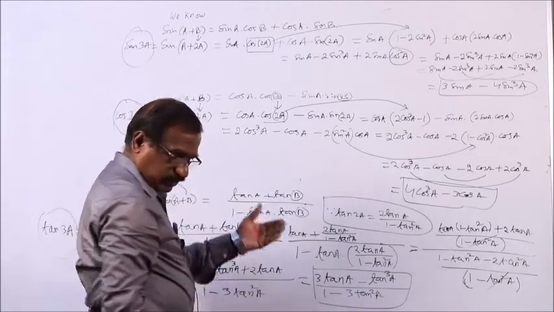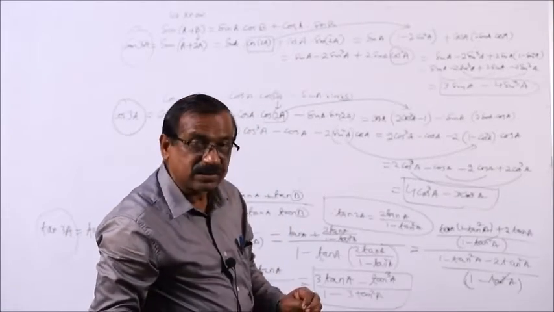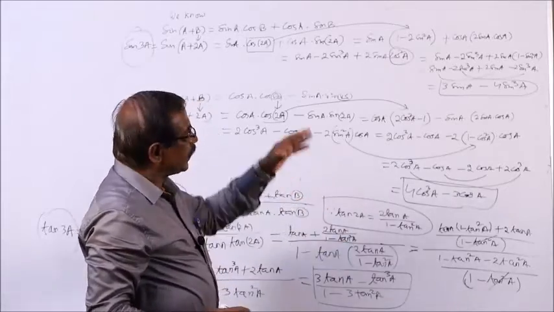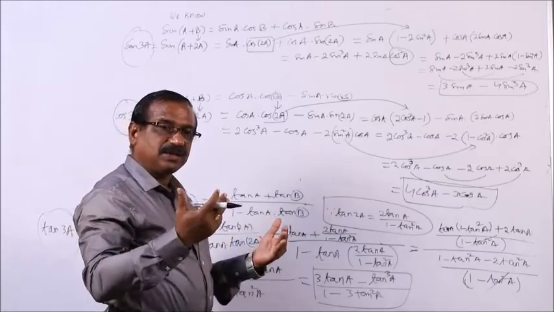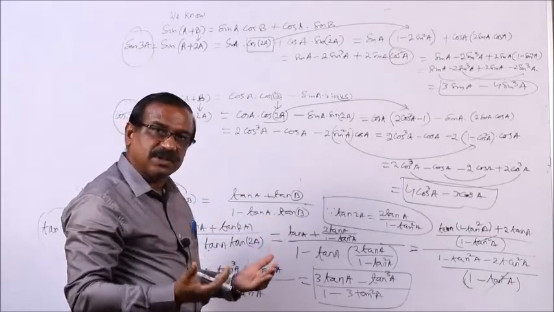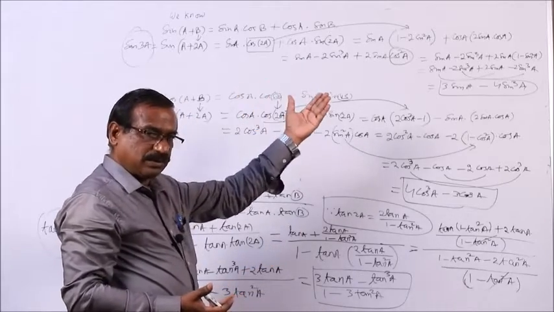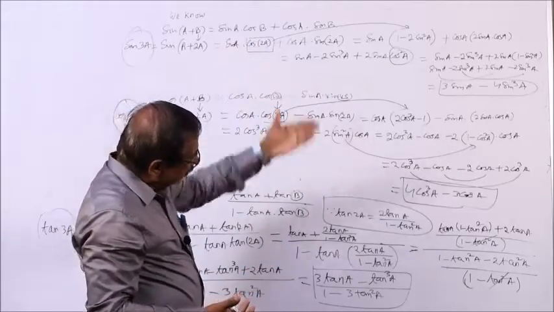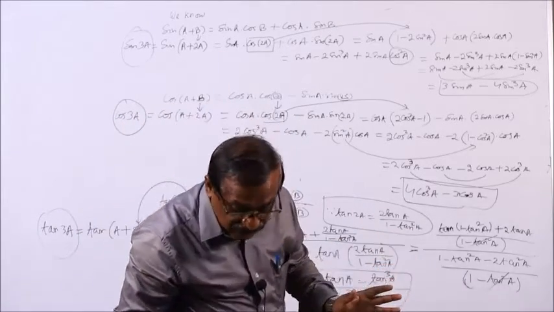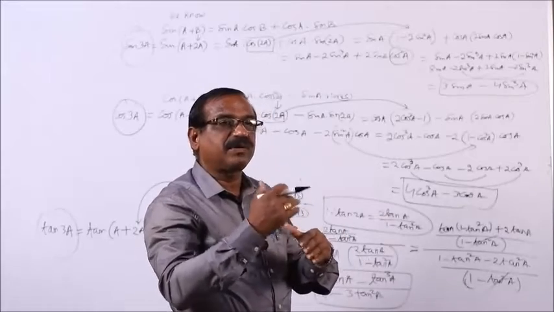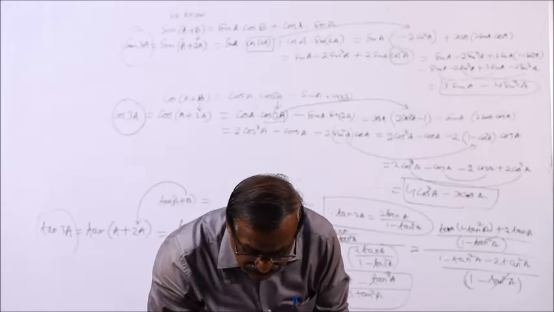And this year the syllabus has been shortened, and you can also derive these three formulas, sin 3A, cos 3A and tan 3A, by directly using the formulas for sin A plus B plus C, cos A plus B plus C, tan A plus B plus C, and there you put B and C as A. In that method also you can derive this, and unfortunately this year that compound angle derivation is not in the syllabus. You can read this.